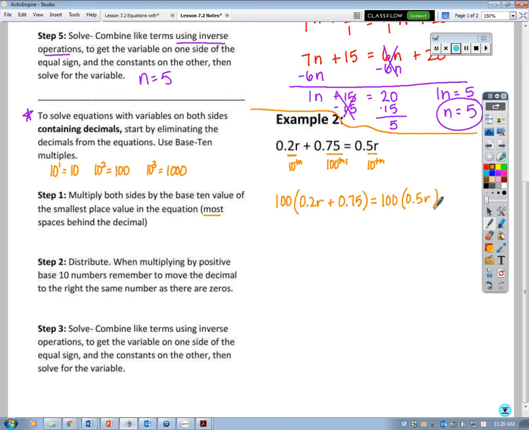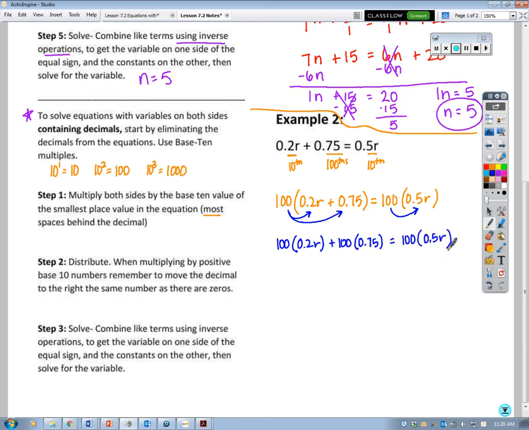So what I need to do now is distribute, right? What that means is I'm going to multiply every one of these things by 100. Just like I did up in my previous one where I multiplied everything by 10, I'm multiplying 100 by each of these values. So I've got 100 times 2/10 r plus 100 times 75 hundredths equals 100 times 5/10 times